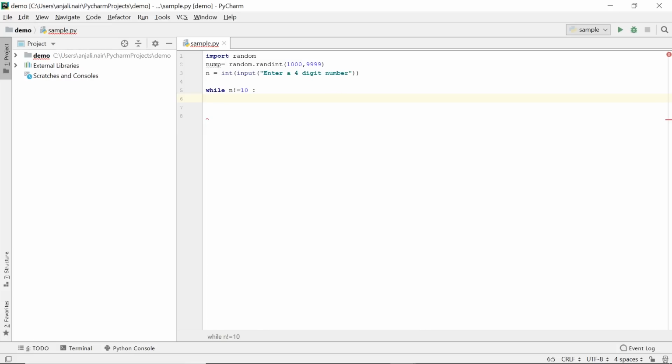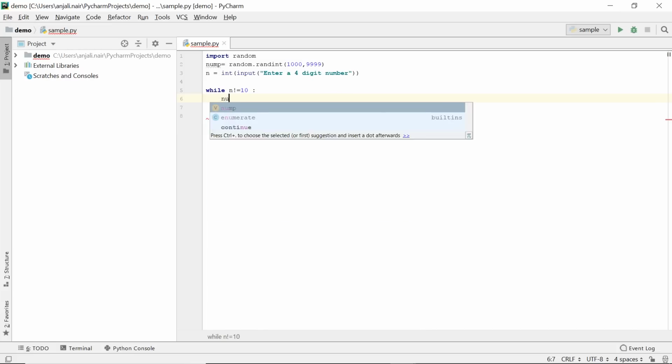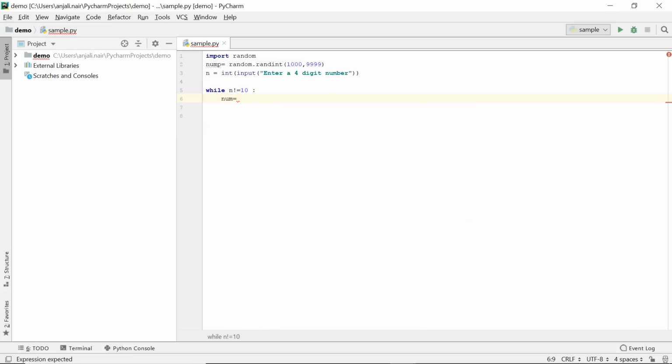Now in here, the first thing we need to do is create another variable num. And into this variable, we'll put the value of num_p. Because num is going to be altered throughout this program, and yet we want to store the actual value somewhere. So we'll alter num, and num_p, where p stands for permanent, will remain constant. Now we'll have another variable, cor, short for correct, which will specify how many digits have been guessed in the correct places. So initially the value of cor will be 0.